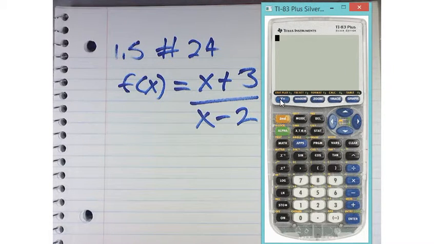So I'll turn on my calculator. Now remember, the numerator is a group, so I want to say x plus 3 in parentheses. Close my parentheses. You got to hit the plus sign. X plus 3 divided by x minus 2. All right, there we go. And so now if I graph that,